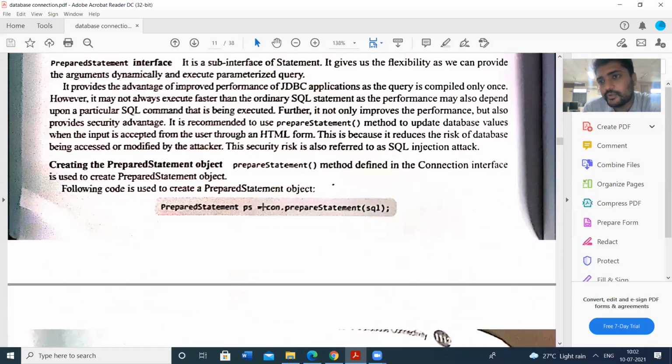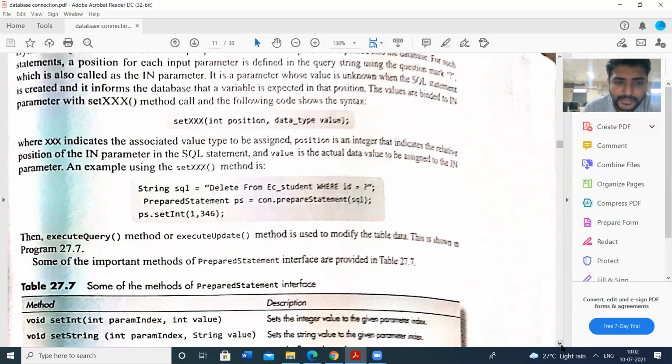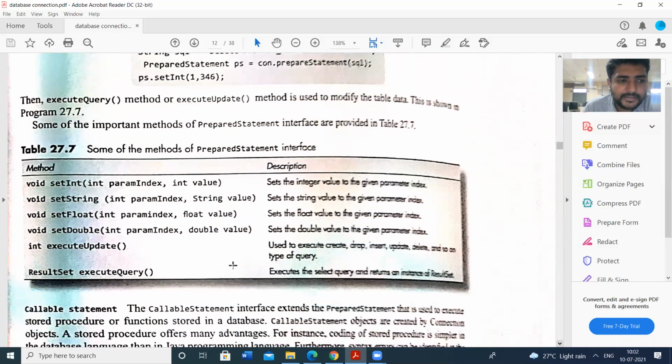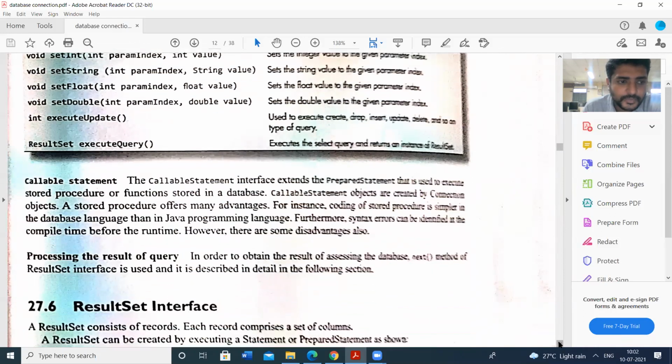We have written the query in the string sql, and we have to pass it to prepareStatement. This also supports some methods: setInt, setString, setFloat, setDouble, executeUpdate, executeQuery. There are so many methods.